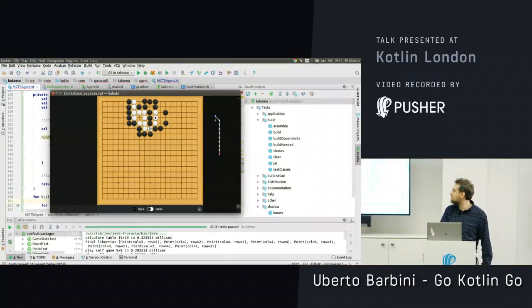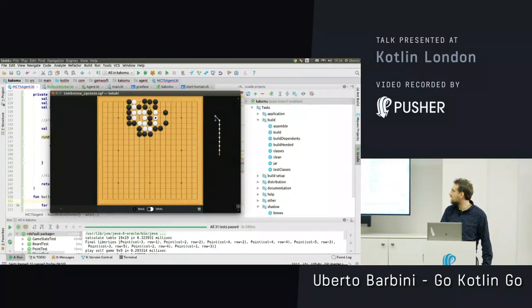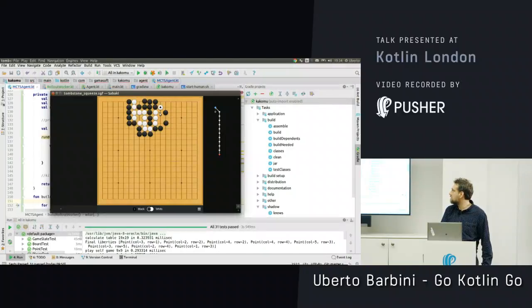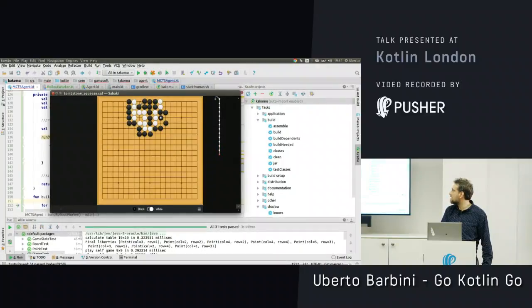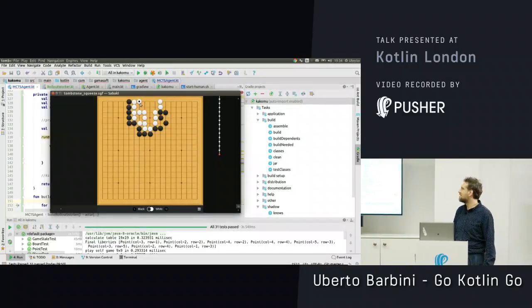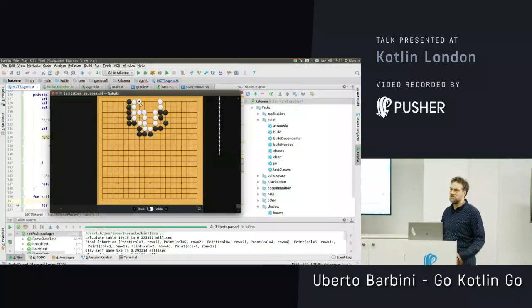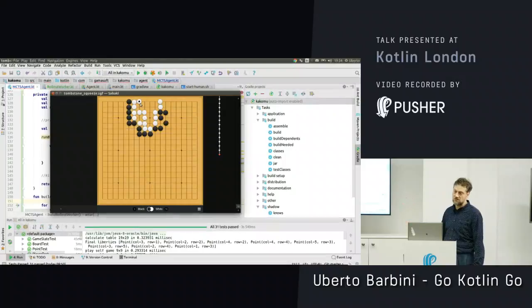At this point, these 3 are in peril, so black has to put here. And black does hit this one. And basically now, black is completely dead. Whatever it does, white can play here, black can try here, and then black. It's completely black. This is how you develop your strategy. It's a lot, and the rules are so easy.